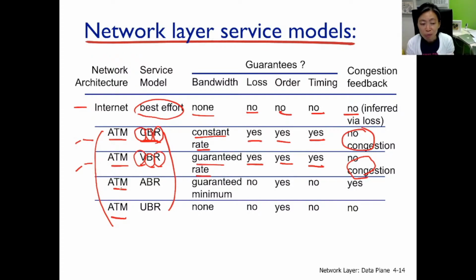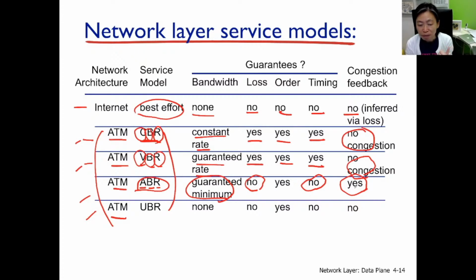Now these two, however, available bit rate service. This only guarantees a minimum rate. Therefore, there could be losses and the timing cannot be guaranteed because there's a lower rate. Packets could arrive faster than they can go out, so they could get buffered, they could get dropped at the buffer. But in ATM, even though there's no guarantee of bandwidth or delay, there will be